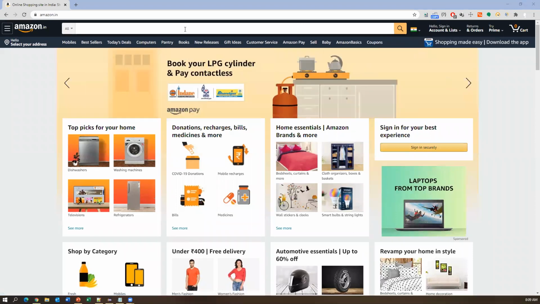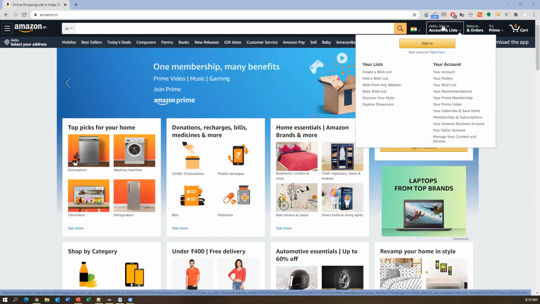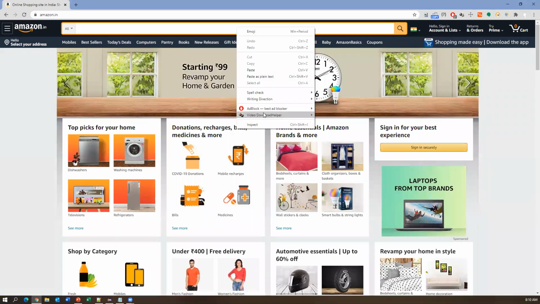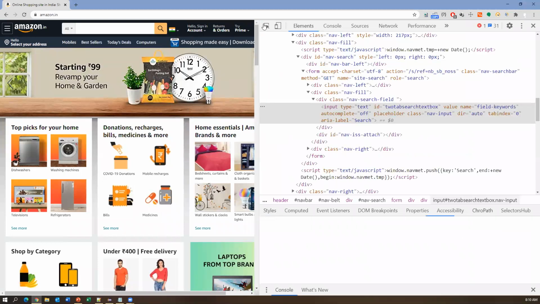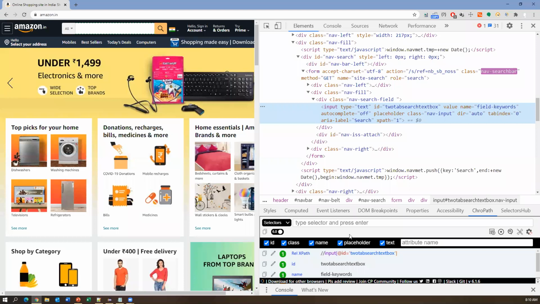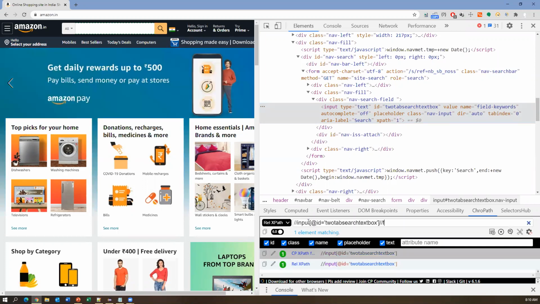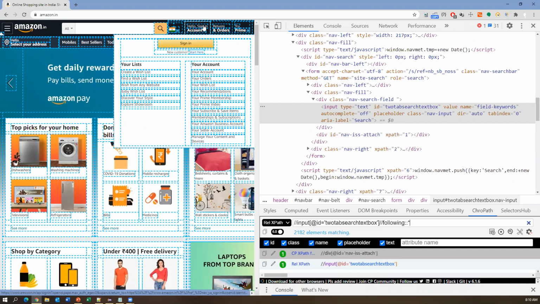So from the search box, we have located today's deals, right? So from the same search box, I want to locate the sign in. So this is also a following element. Like today's deals, sign in is also a following element. Let me just show you. Inspect this element, go to the XPath, and first get the XPath of this element and capture this. This is the XPath of the search box element. Now, if you want to find what the following elements are, I can say slash following colon colon star. So this will represent all the following nodes. Even the sign in button here is also a following node.